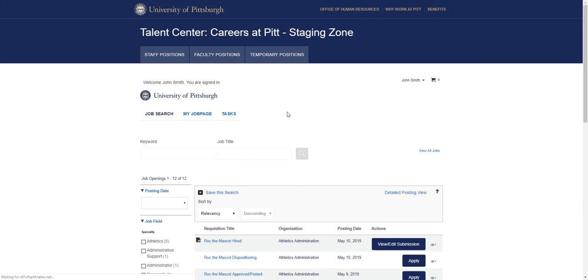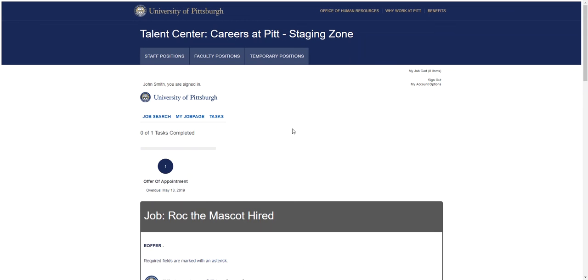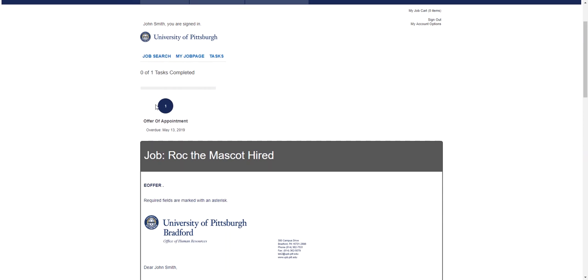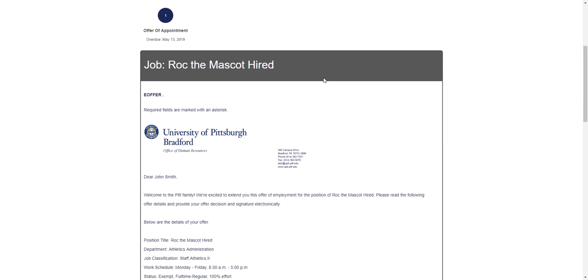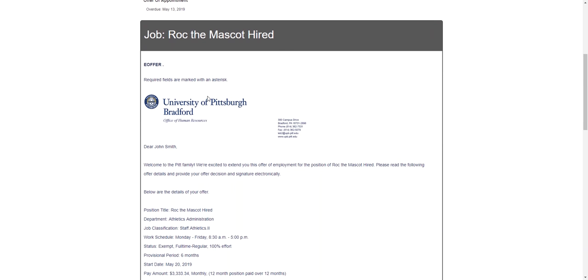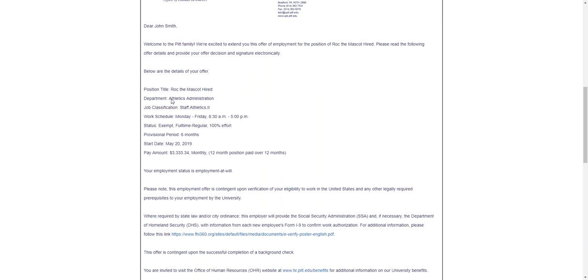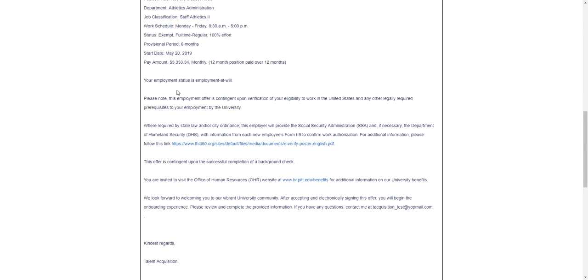So when I click tasks, you can see that the page will refresh and will pull up my offer of appointment. So you can see that it's telling me I have 0 of 1 tasks that need completed. So what I would do at this point as the candidate would be to look at the e-offer, to go through to make sure all the information is correct, such as work schedule, provisional period, pay, read through all the